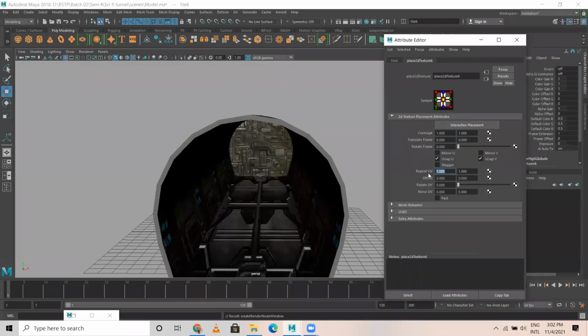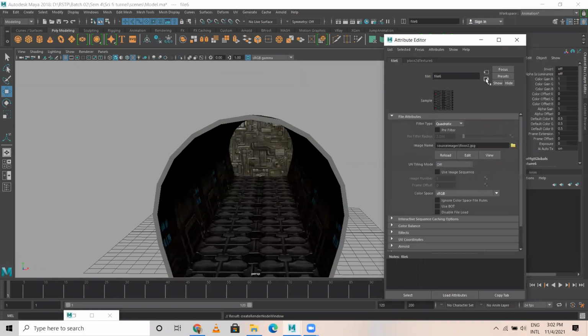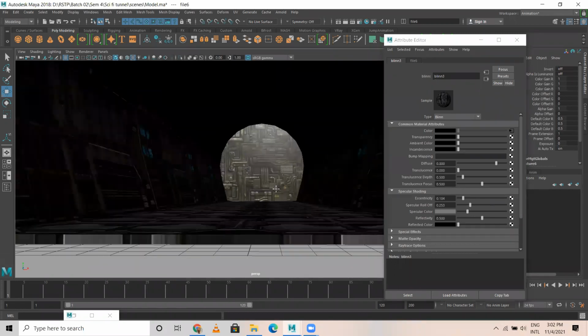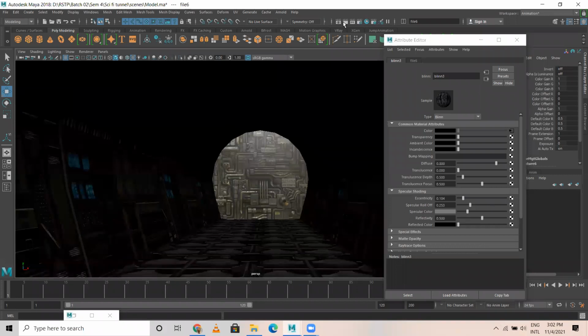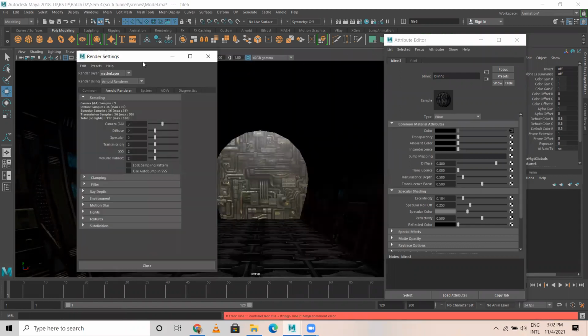This repeat UV 2 by 8. Okay. So normally if I take a render, not in Arnold, I press escape, go to render settings, change this to Maya software.